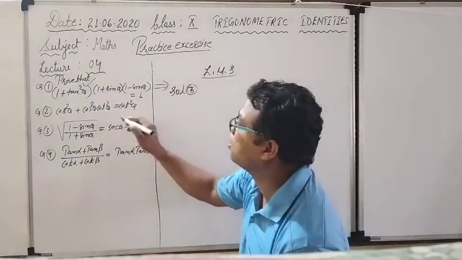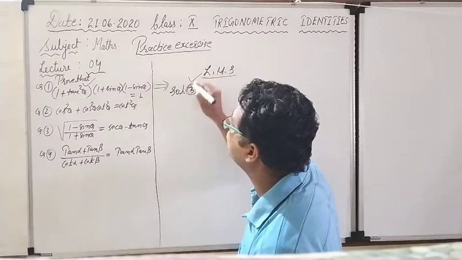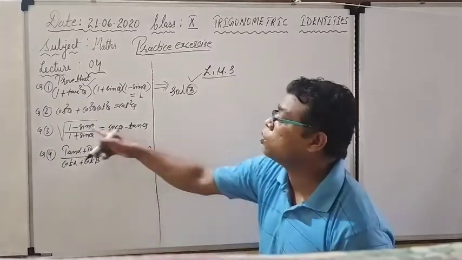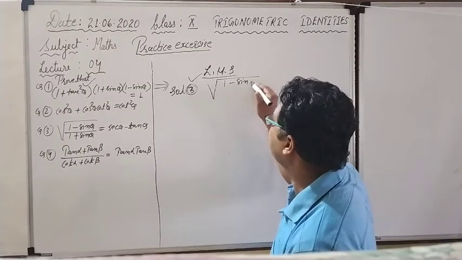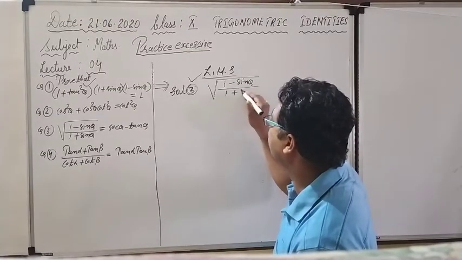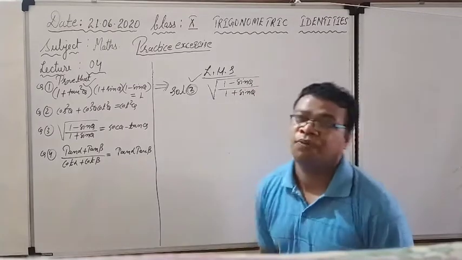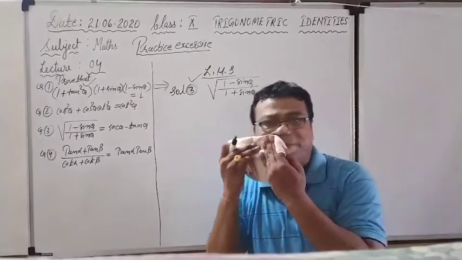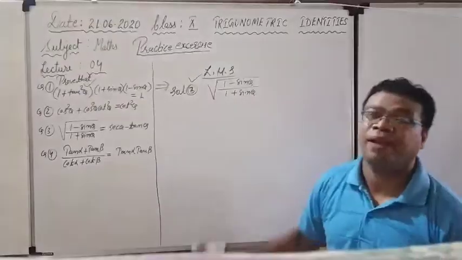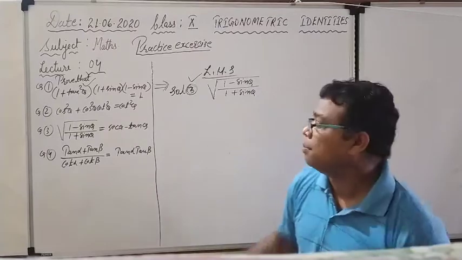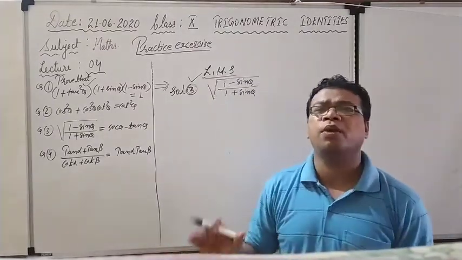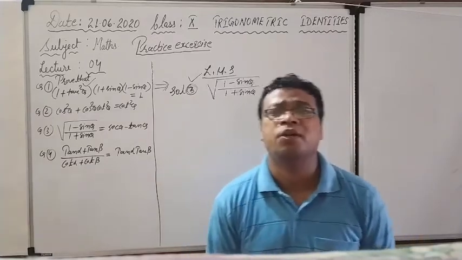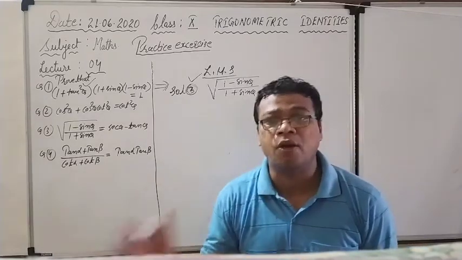Third question, see here, and that third question is a very important question, because such kinds of questions, root to square questions, are generally asked in the exam. So see here, 1 minus sin theta upon 1 plus sin theta. Children, look here, whenever such a kind of question is asked to you, wherever you are looking at a square root, any kind of square root, whatever is inside the square root, it is not the matter at all.